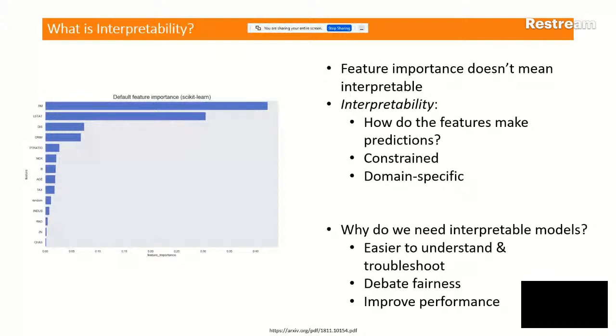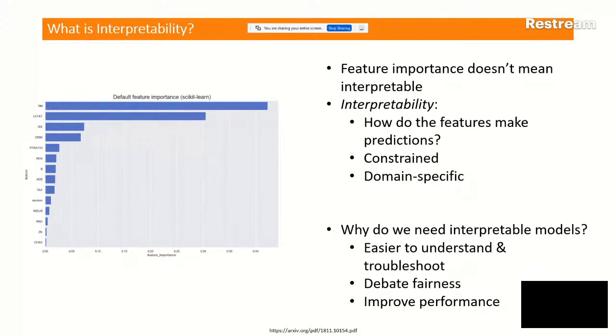I haven't defined interpretability yet, but one of the steps when we create these models is we create a feature importance plot. For example, if we are creating a random forest model or XGBoost model, both of those allow you to compute the feature importance. But feature importance tells you that globally, on average, as an aggregate, which features contributed to making the predictions. What they don't tell you is how those features made the predictions at the global level as well as at the individual level. So interpretability,